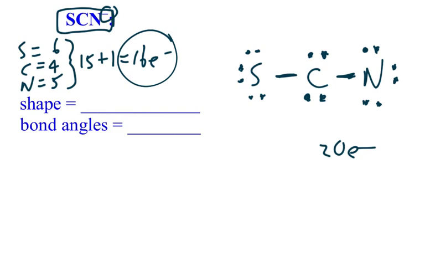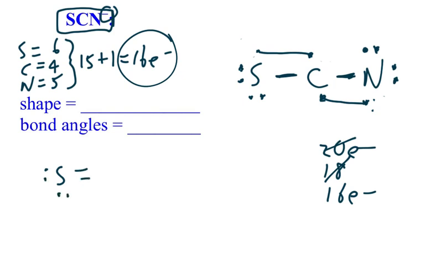Now this one also has resonance. So you could take away, let's say, 1 from here and 1 from here, and when you do that, this will make a bond over here, and that brings us down to 18. And then, just to make it even, we can take 1 from here and 1 from here, and we can make a double bond on this side, and that brings us to 16. And then we're looking at a structure that looks like this, where you have a double bond here, another